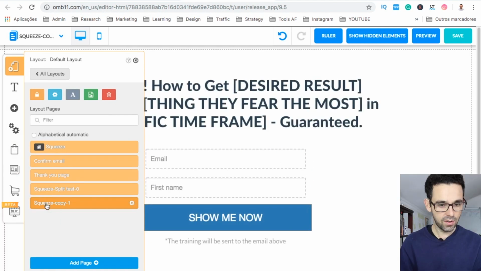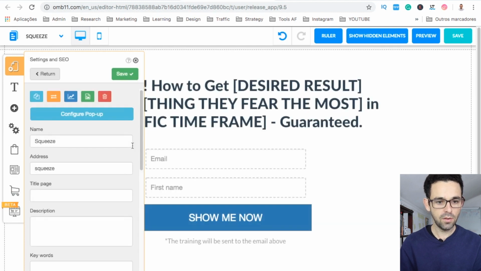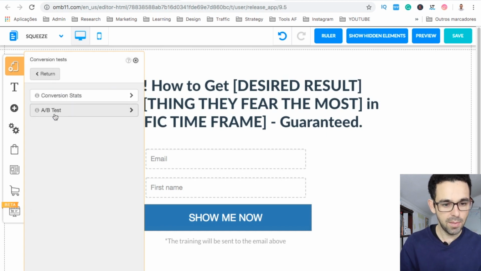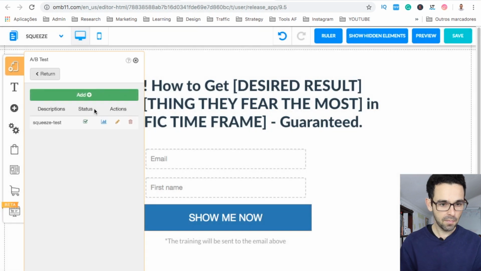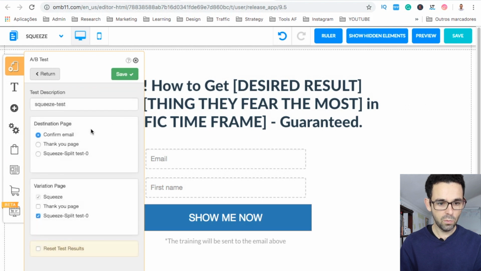As you can see here, it says squeeze copy 1. Alright, that's fine. So what we want to do now is we want to go to squeeze again, go to the options, and here where we have the conversion tests, we want to click here, and where it says A/B test, we want to select, and here which is squeeze test, we want to change here, and we want to